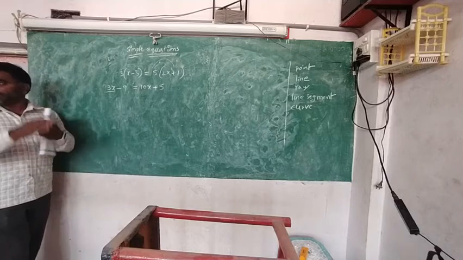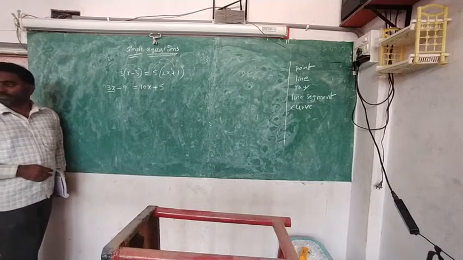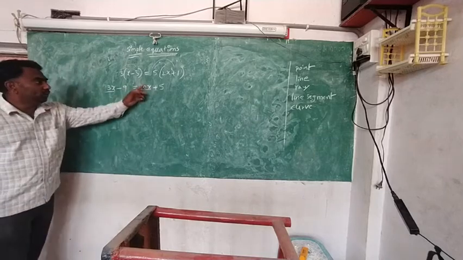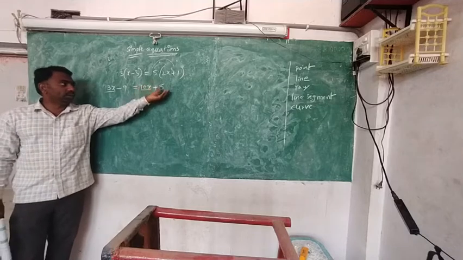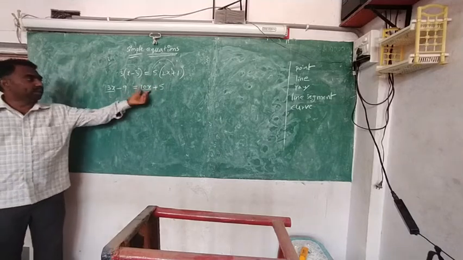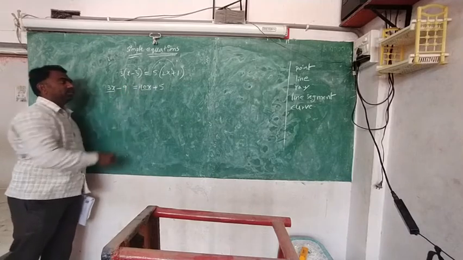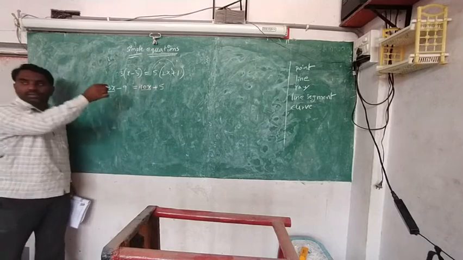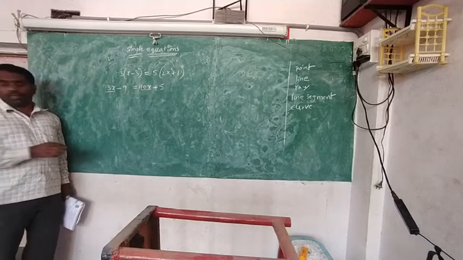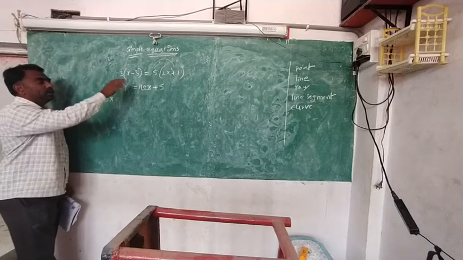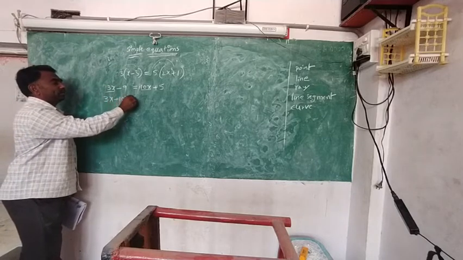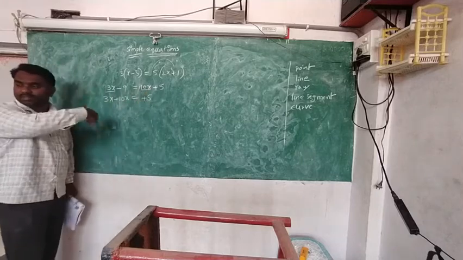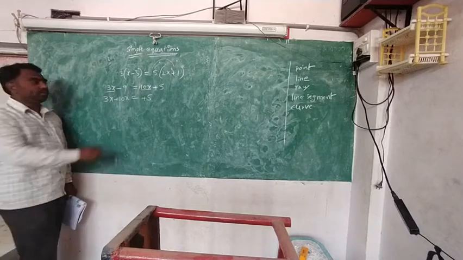That's why I said, don't think about this and that. Only 10x. What is the 10x doing with the 5? This 10x is adding with the 5. According to this symbol you will say. 10x is adding with the 5, so it will come here and subtract. Here already 3x is there. If it comes here, minus 10x. Already in this house plus 5 is there. We are sending this minus 9 from here to here, it will become plus 9.